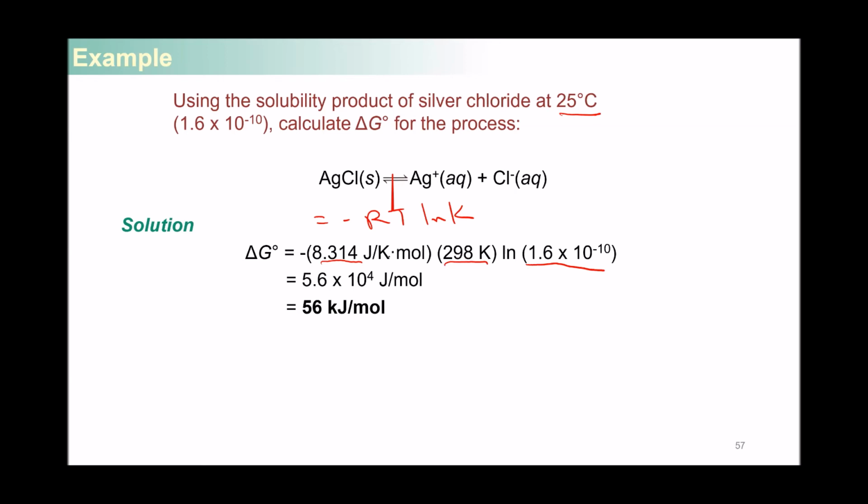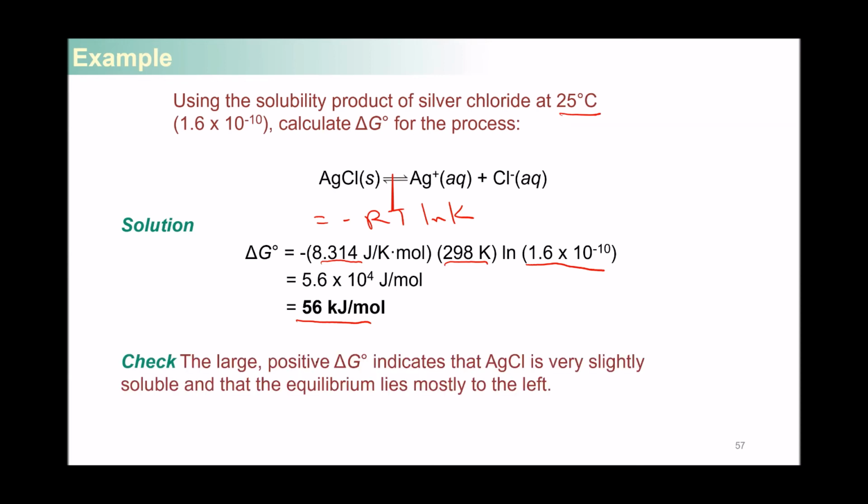the salt. And you solve for this, you get a positive 56 kilojoules per mole, which again indicates that this is a reactant favored equilibrium. It is actually, and it favors precipitating the salt, not dissolving it. The large positive delta G indicates that silver chloride is very slightly soluble. The equilibrium is mostly shifted to the left, to the solid form of the salt, not the soluble form of